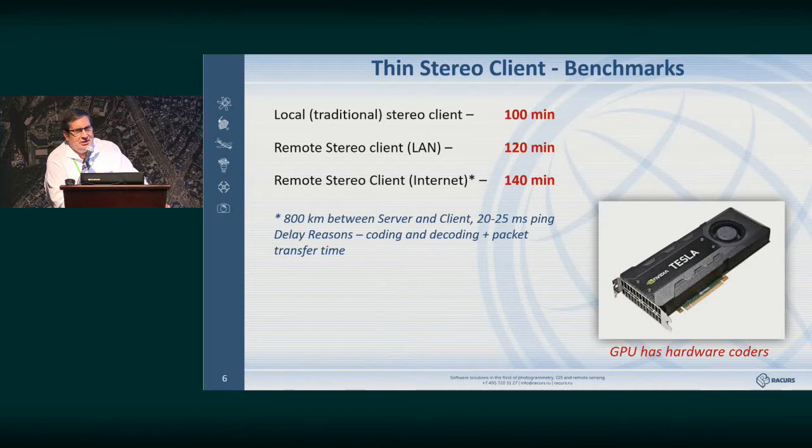But as far as the difference related to local network work, first we encode the image on the server, submitted by the server. This is the second lag that you cannot get rid of, and then we decode it. So basically we have done it. If one uses apparatus to speed up work, then instead of this additional 20 minutes, you'll get it within 1 minute. It will be much faster.